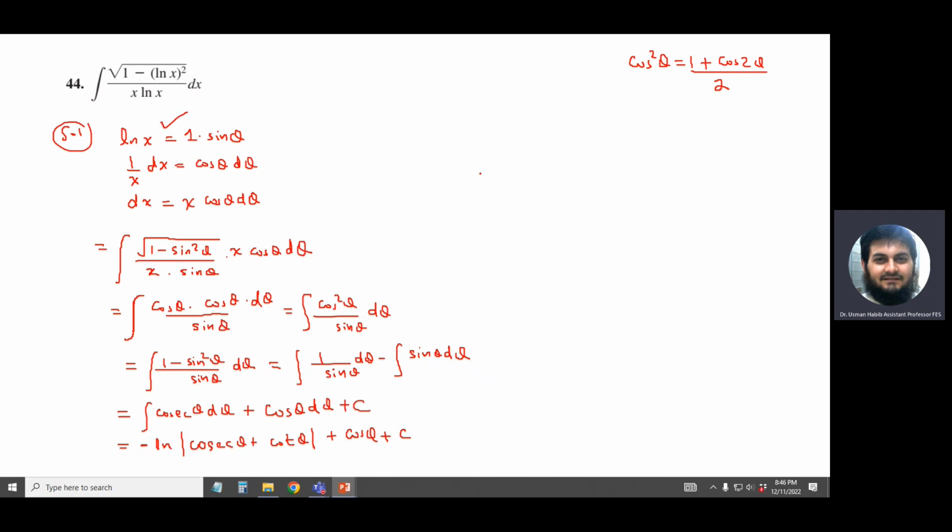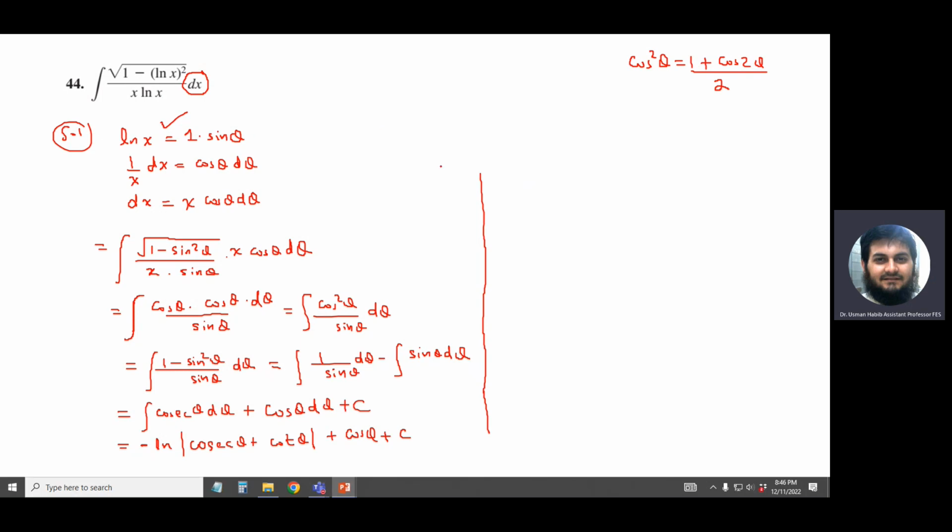But remember that if you do the substitution, you have to do the back substitution as well, because we need the result in the form of x. That was our original variable that we started with. We don't want any u's or thetas in our final answer. So for the back substitution, we have to be very careful, because we did natural log of x equal to